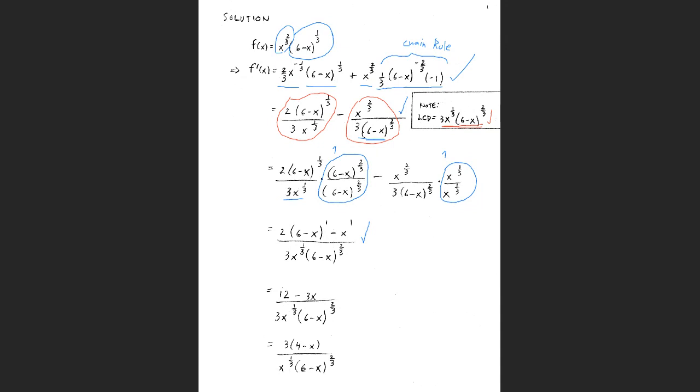Okay, so now at this stage, we have the common denominator of 3 times x to the 3rd times 6 minus x to the 2/3 power, which means then that we can just write the difference of the numerators in the top. Well, if you take x to the 1/3 and if you take 6 minus x to the 1/3 and multiply it by 6 minus x to the 2/3, the base is the same, but you add the exponents. So the 1 there is because you have a 1/3